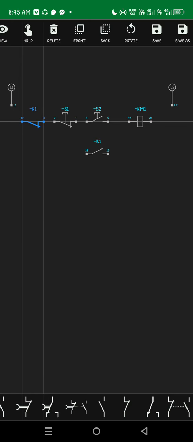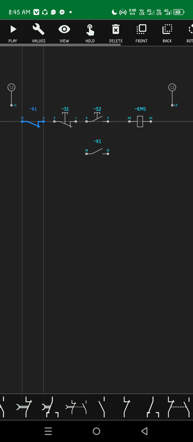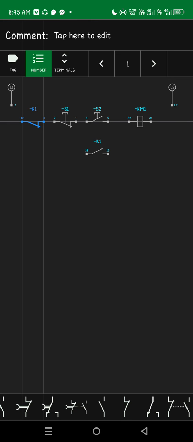Then we have to rename the tagging of the Simurly motor control circuit symbols. First, we have to rename this key 1, which is the overload relay normally close contact, and click or select the values and tag.